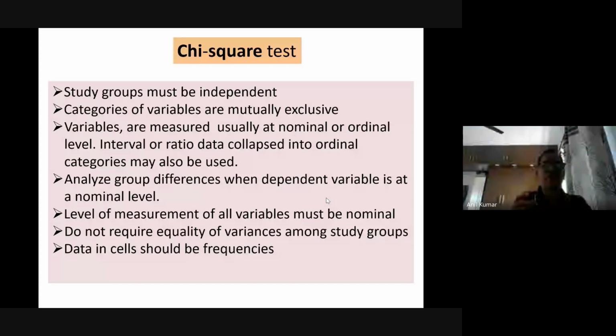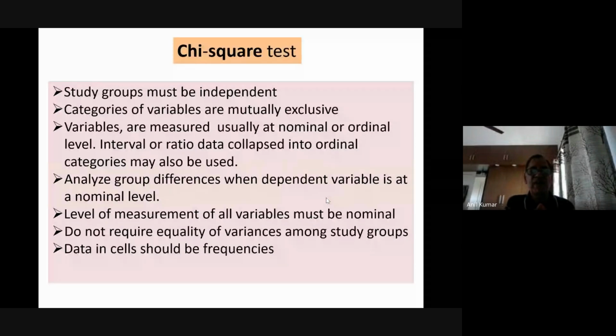Study groups must be independent. Both groups must be independent of each other. Categories or variables are mutually exclusive. These all are the requirements when you are going for the chi-square test, a non-parametric test for data analysis under the inferential study category. My point of discussing all this is that we make sure that whatever data analysis test you are using,